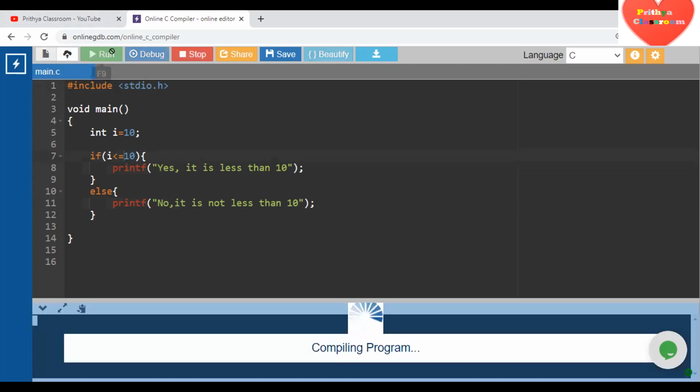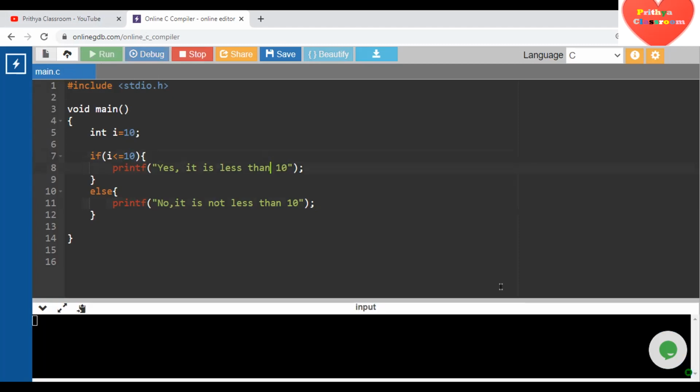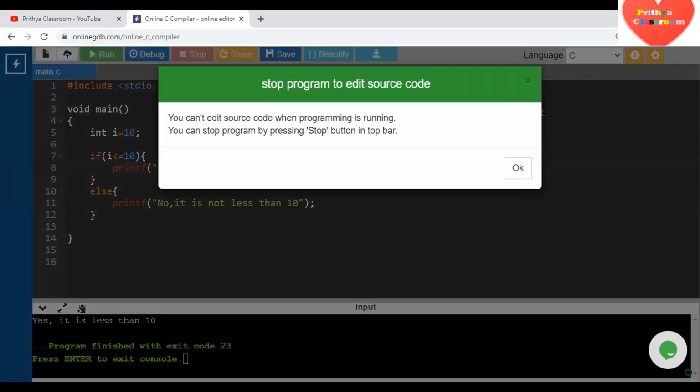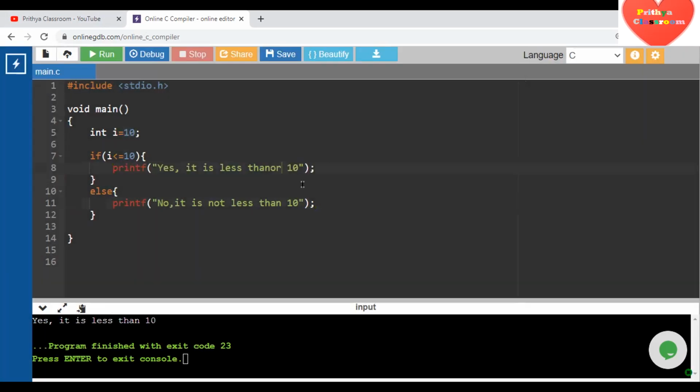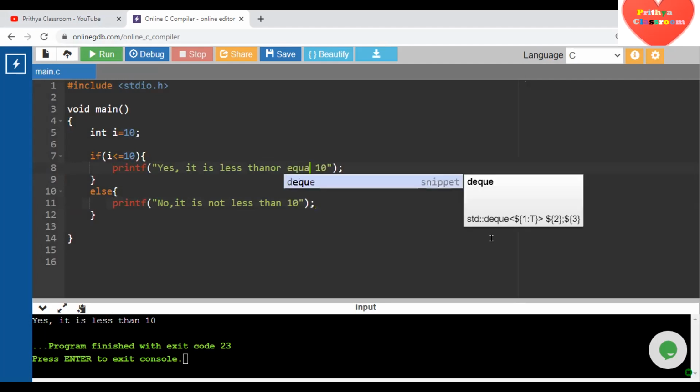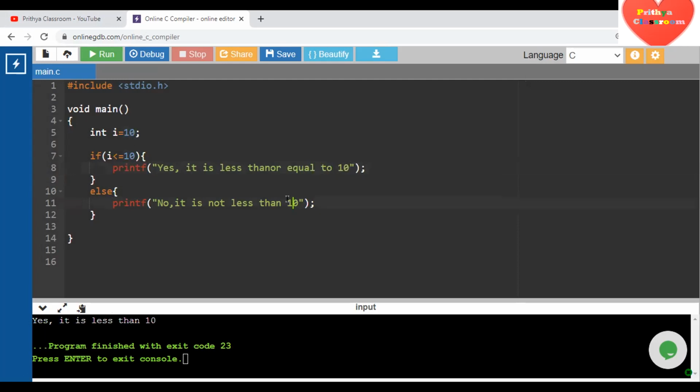So now what happens, you could see "yes, it is less than or equal to 10". Okay, so what if I want to check greater than or equal to? You just want to change the symbol to greater than. So these are the comparison operators, okay?